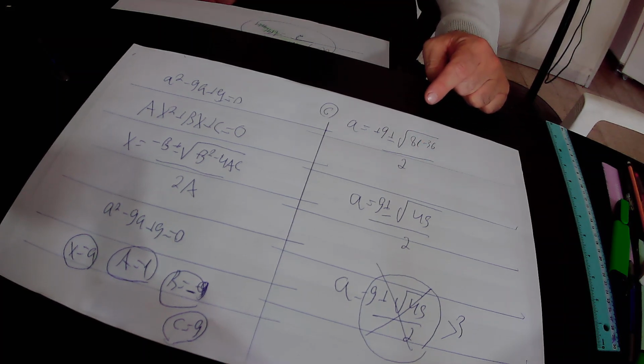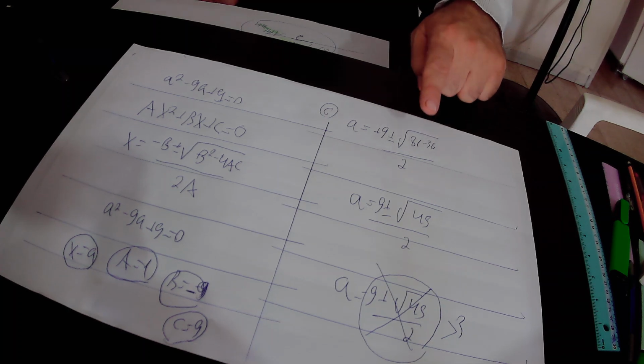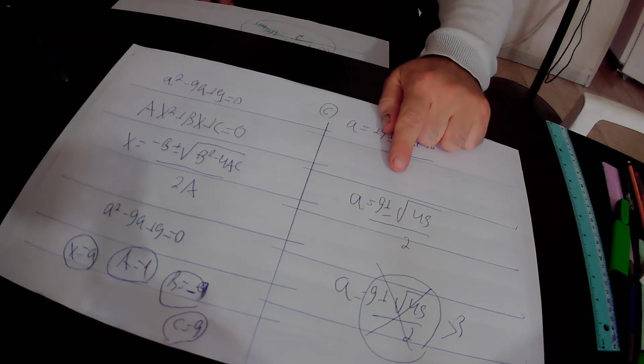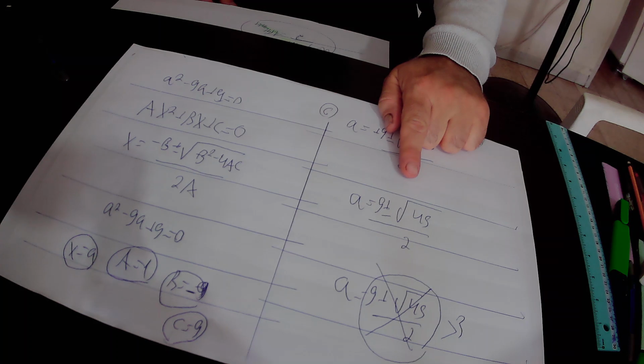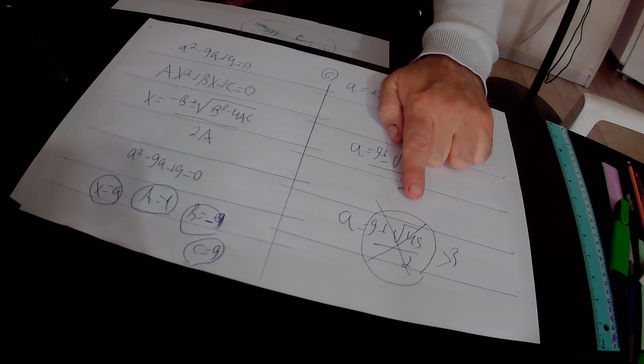So here we have two solutions. Actually here we have a equals 9 plus or minus, 81 minus 36 is 45. So inside the root we are left only with 45. In conclusion, a equals 9 plus or minus square root of 45, over 2. So here we have two solutions that are possible for a. The first solution for a is that a equals 9 plus square root of 45 over 2,